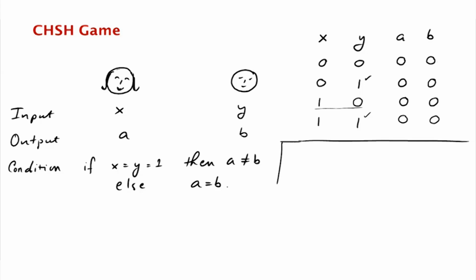And now, when Alice and Bob are far apart, they manage to meet this CHSH condition that we wrote out, with probability greater than 3/4. And this contradicts our proof that no matter what they do, they cannot achieve this condition with probability better than 3/4. Okay, so this is the sense in which the CHSH inequality shows that nature cannot possibly be both local as well as following realism at the same time. So something has to give.